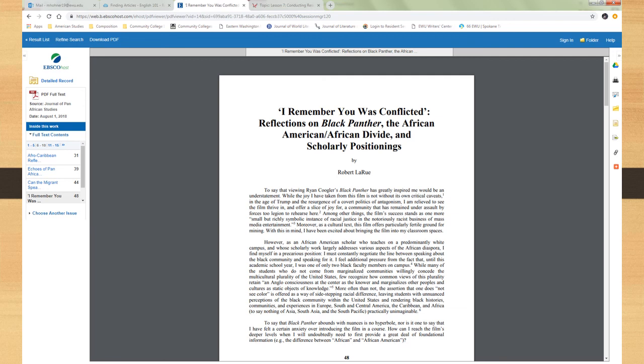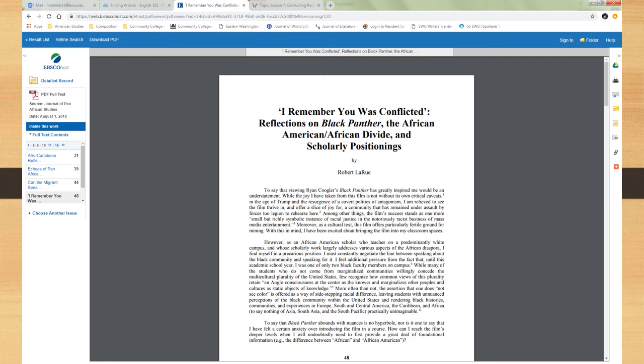And I did really like this article. So my goal is to find 3 in this example search, because that's how many you need for your paper. And I'll show you, like I said later, how from reading these 3 articles, I eventually develop a thesis. So the research process